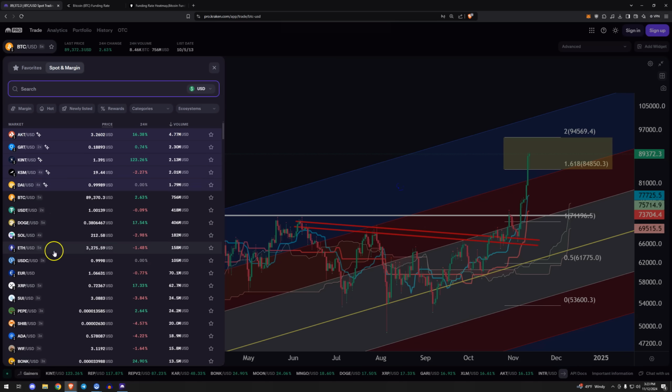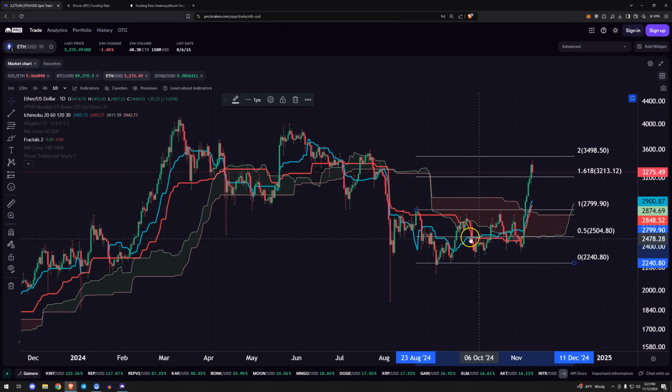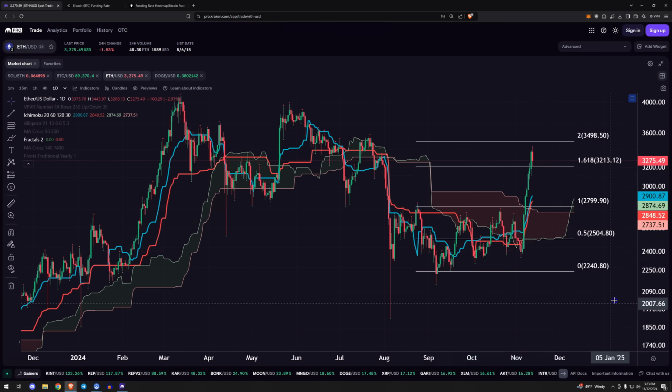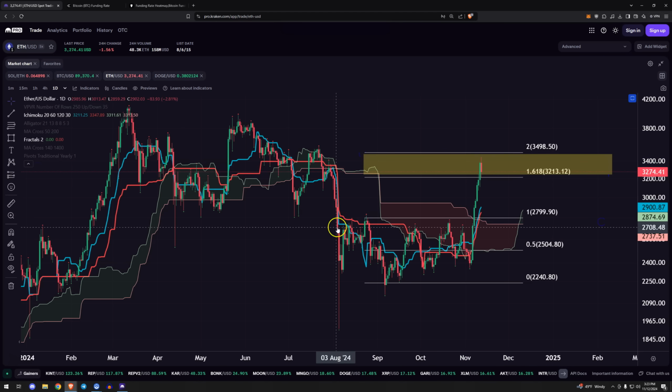Real quick, ETH is basically the same here. ETH is in the wheelhouse of expectations. Again, we're taking the previous range, we're measuring it higher with fibs. I do this for everything all the time, always. I never do anything different. It gives you this zone. This was the expected move. We are in the wheelhouse of the expected move.